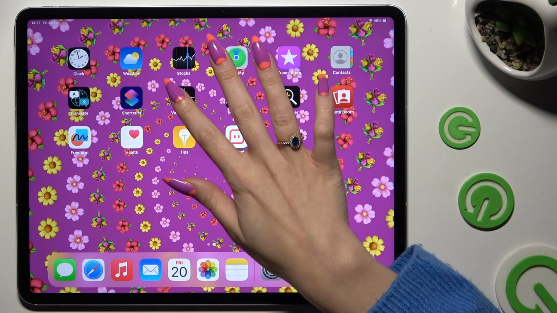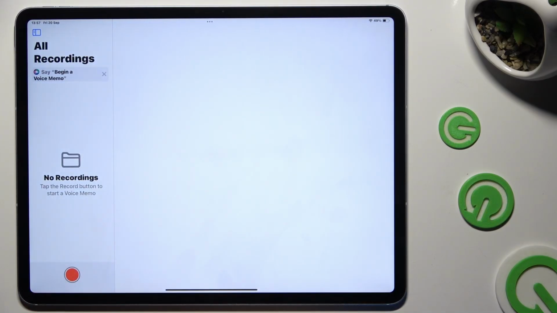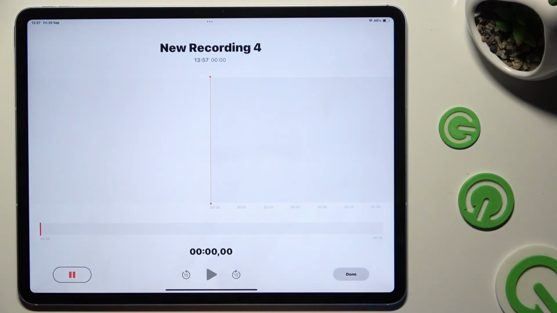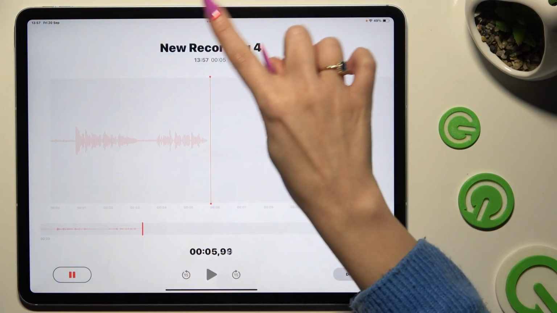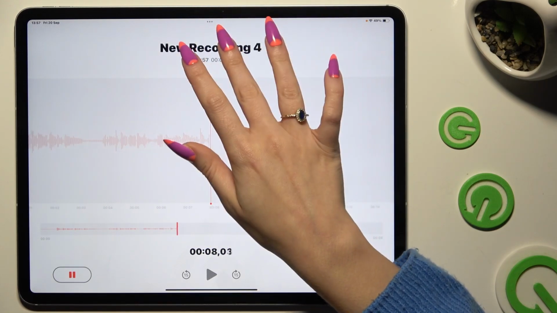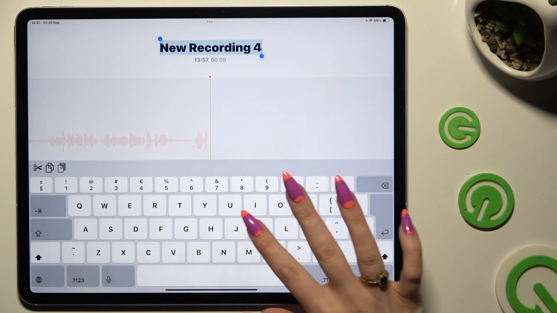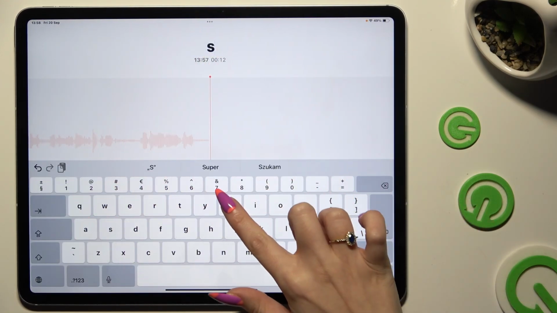Begin by launching Voice Memos and clicking on the red button at the bottom left corner. As you can see, recording is on. To change the title of it, click on New Recording at the top. Type in whatever you want to